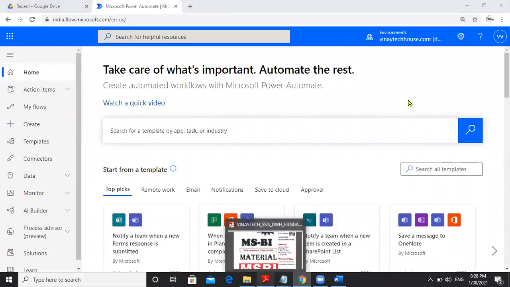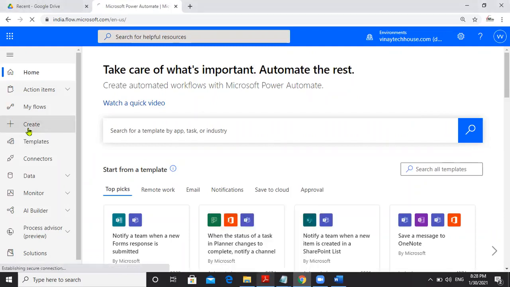See, this is the way it will open. Now, this is create. Click create.